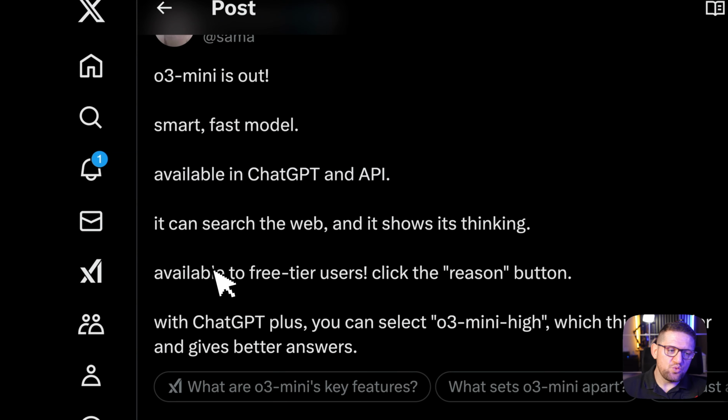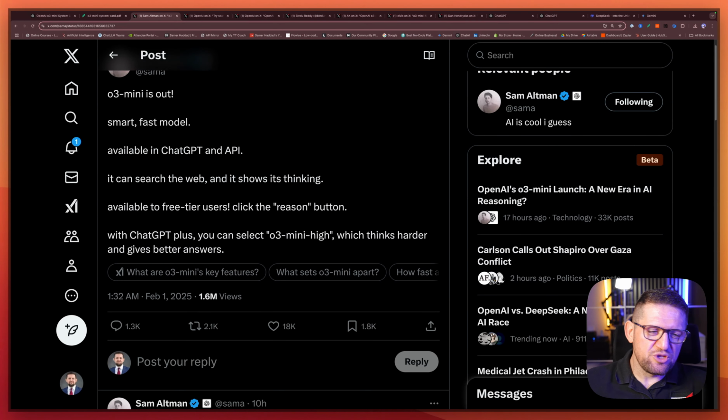So this is again where R1 brought something different. R1 actually exposes the chain of thought that goes through before giving the answer. People prefer that. People actually love that. I loved it when I experienced it with DeepSeek R1. So now again, OpenAI is offering the same.